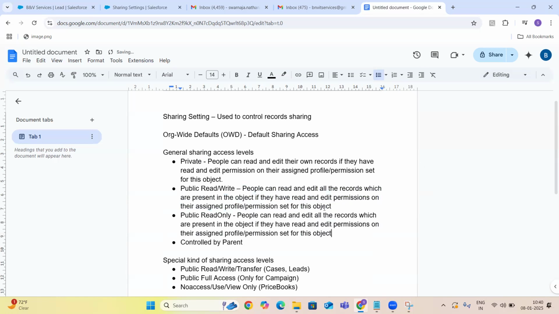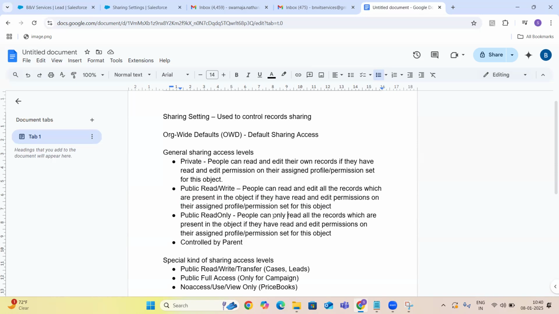People can read all the records, not only their own records, all the records which are present in the object. People can only read all the records present in the object if they have read and edit permissions.